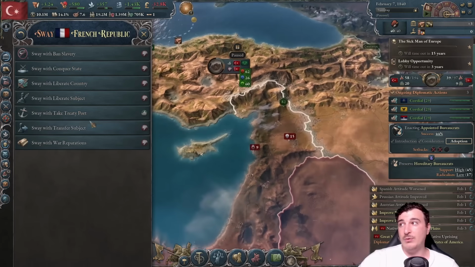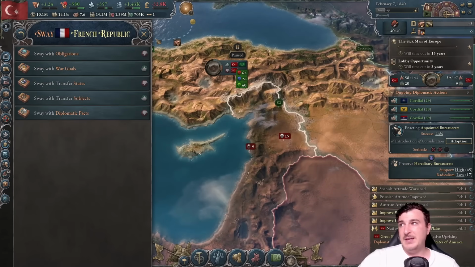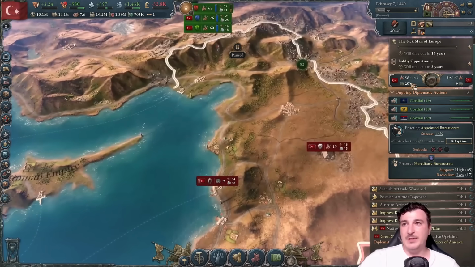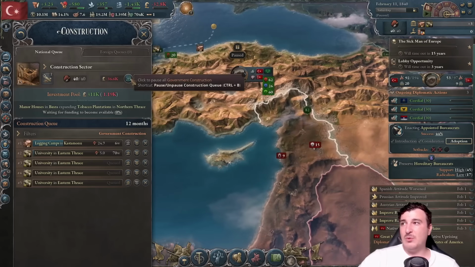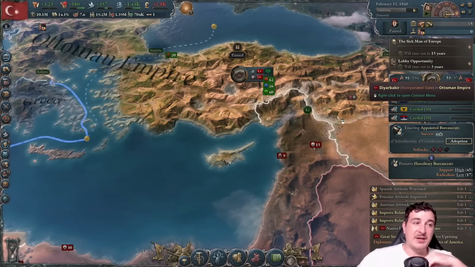Yep, there you go, war goals. They really want that treaty port, don't they? Yeah, I'm not gonna do that though. Wait, did I? Yeah, I can get the British as well, not only the French. Holy snaps. For the duration of this war, I'm gonna pause construction because I don't want to completely tank my